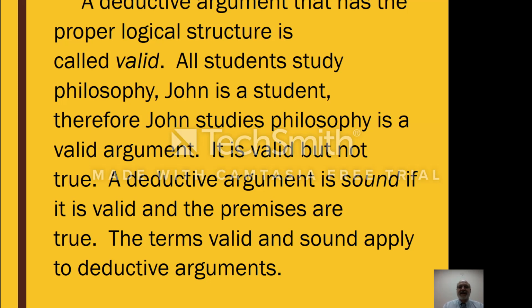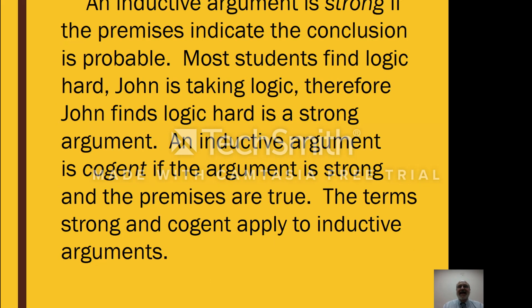A deductive argument is sound if it is valid and the premises are true. The terms valid and sound apply to deductive arguments. An inductive argument is strong if the premises indicate the conclusion is probable. Most students find logic hard. John is taking logic. Therefore, John finds logic hard. It's a strong argument. An inductive argument is cogent if the argument is strong and the premises are true. The terms strong and cogent apply to inductive arguments. We will continue with